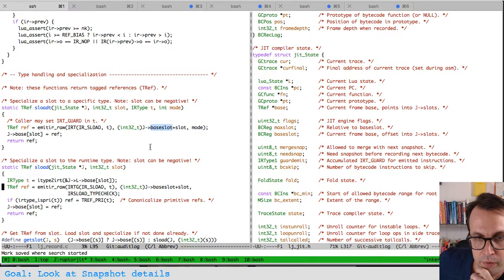So the slot number: we've got the base slot for the function we're in, and then this is the slot. So this is, for example, a local variable access. Base slot is where the first space for the activation record is, and slot is then the index within that. And then we poke that into the